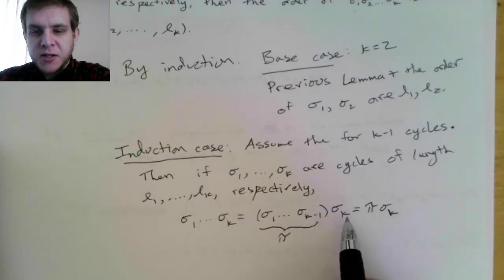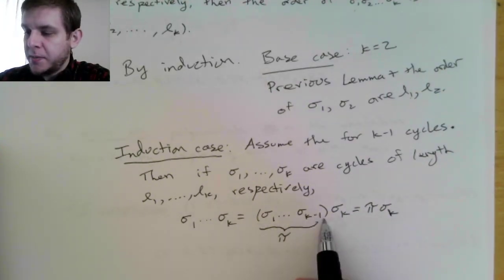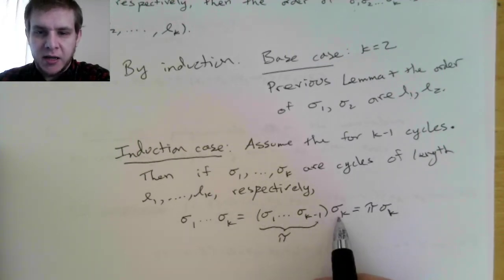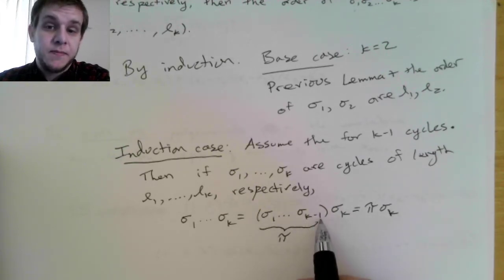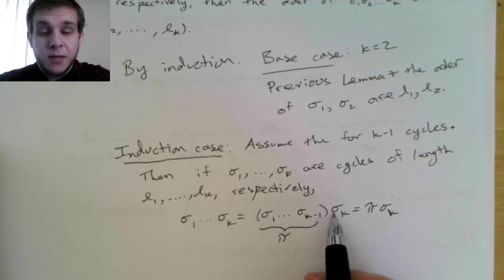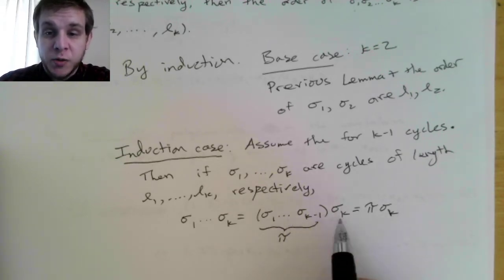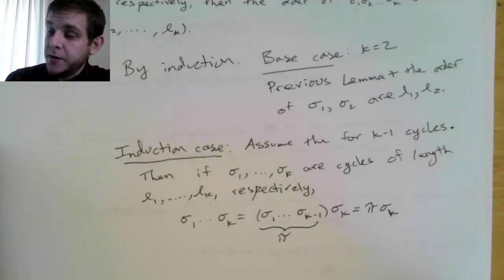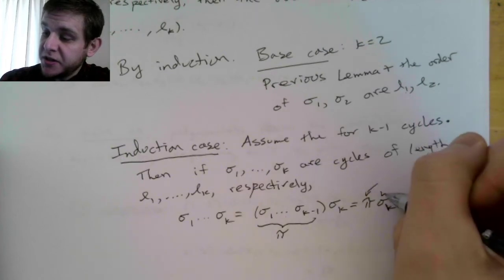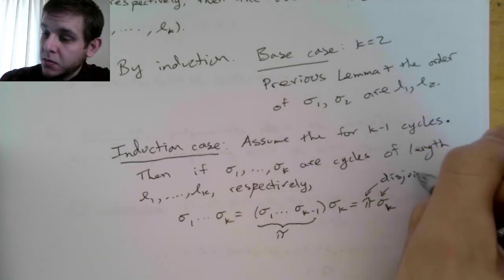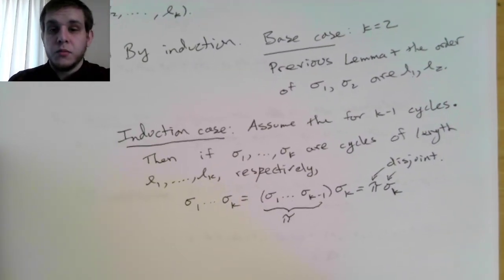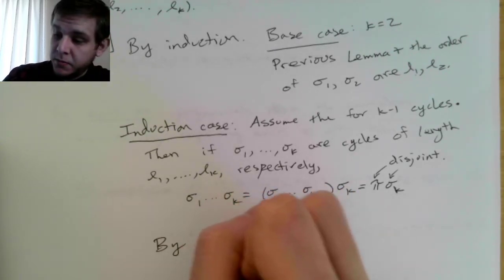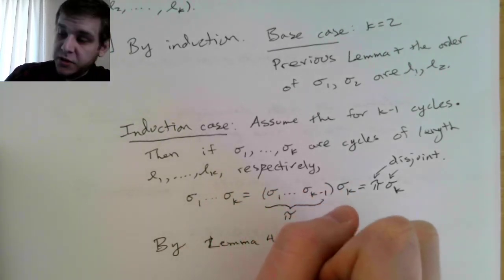Now these cycles are all pairwise disjoint. So once something is moved by pi, it has to be fixed by sigma k, because it has to be moved by exactly one of these. And once something is moved by sigma k, it has to be fixed by pi, because once it's moved by sigma k, it's fixed by all of the cycles sigma 1 up to sigma k minus 1. So these are disjoint permutations. So by the previous theorem, our lemma 4.2.5,